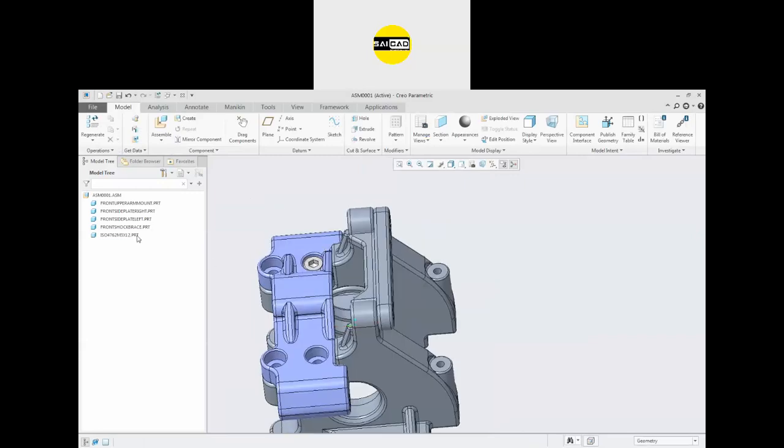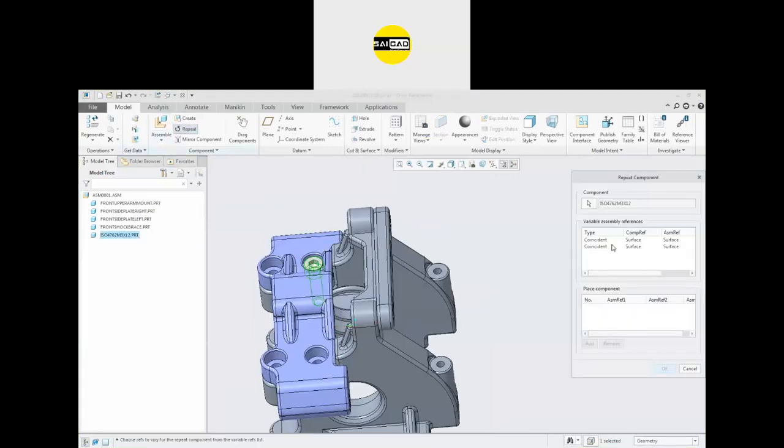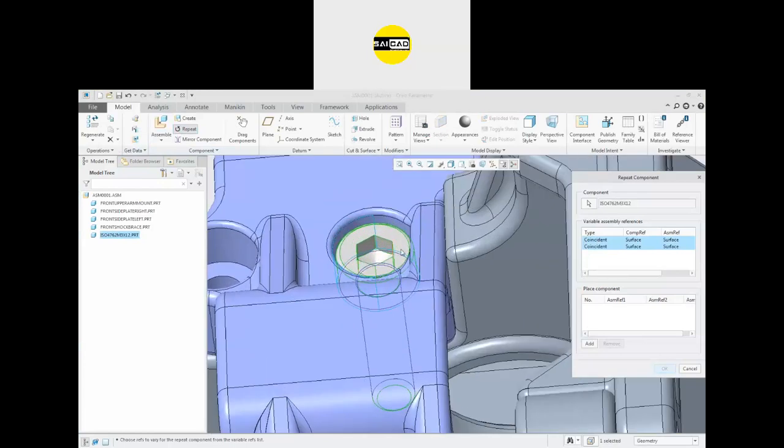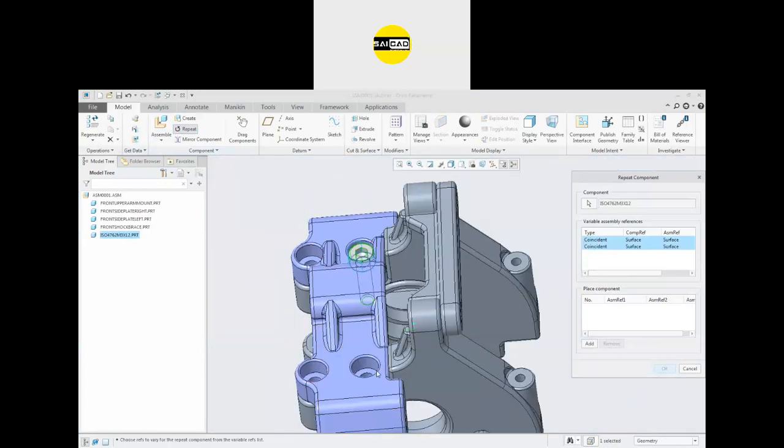Okay. Now to repeat the selected, put the repeat. I want to define both the face. You can see that all the faces are similar. These faces are on the similar plane. So you don't have to select both the options. Just select the coincident, the whole placement. Click add. You can just select like that, like that, like that.